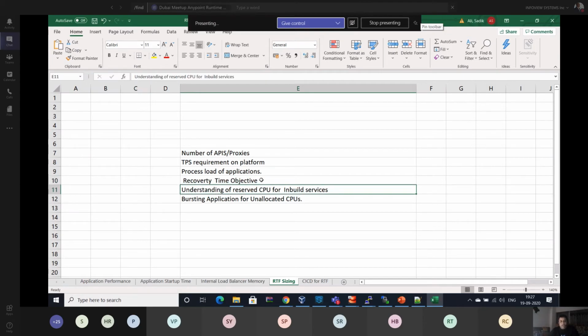Bursting application for unallocated CPU, it is bursting location. We have to be very sure about any application which can require extra or extended resources to access the services.